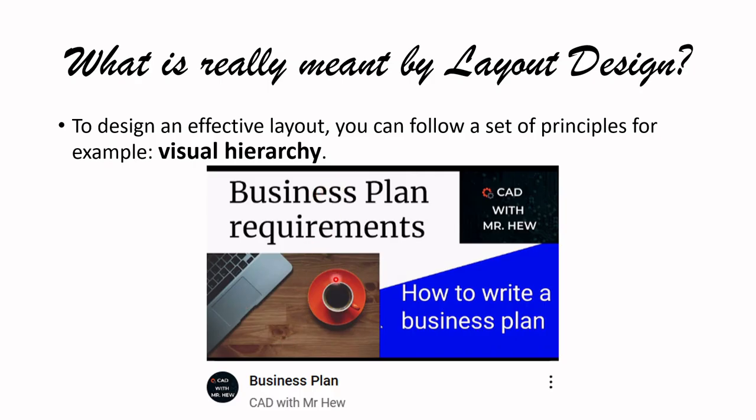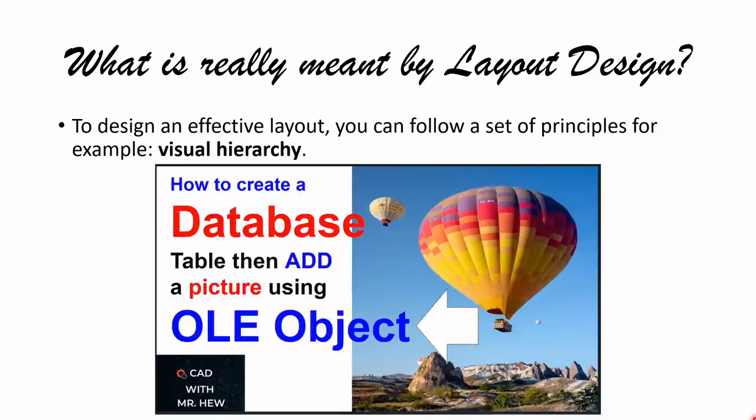And because it's a business plan, we have another picture element there that is colored orange and a smaller image in there. And here we have this diagonal line coming down, right, to separate the business plan requirements part from the how to write a business plan. So the layout principle that we're looking at is the visual hierarchy, right? And here now I made this layout for the